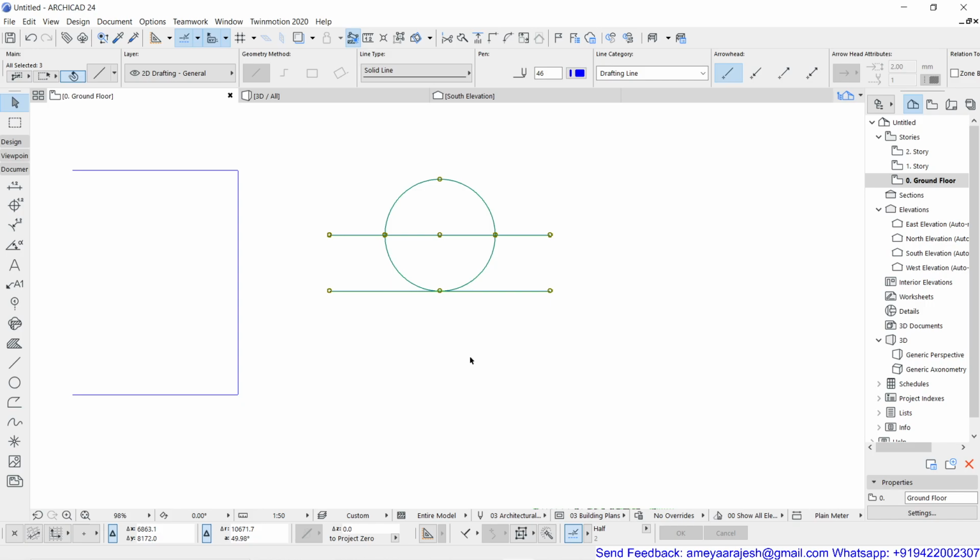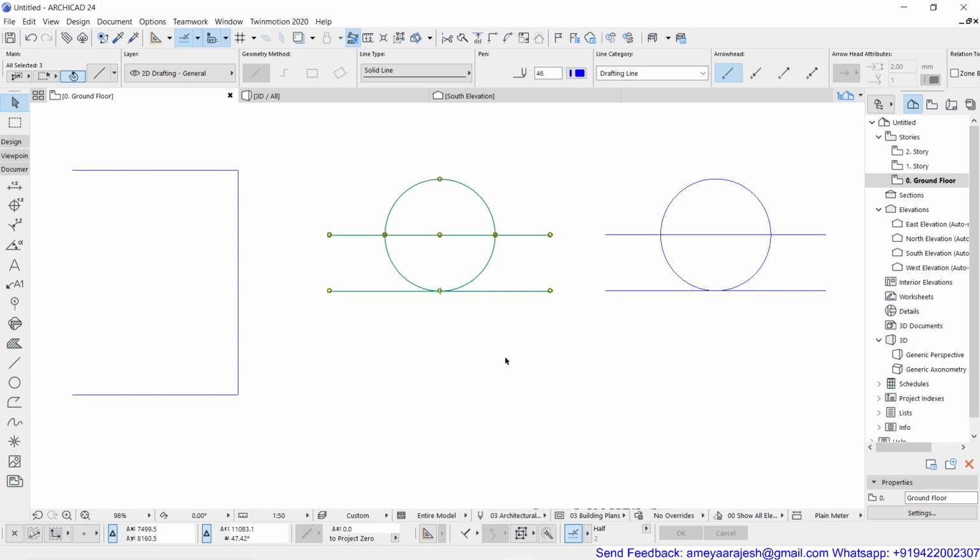Now if I want to suspend the group or cancel the group, what exactly do I have to do? I'll also explain that. Now if I use Control Shift D, that is drag or copy, and I'm going to copy this entire combination of circle and line on a nearby location. You will see that the copied geometry also becomes a group by default. So this is a group, and this is also a group.